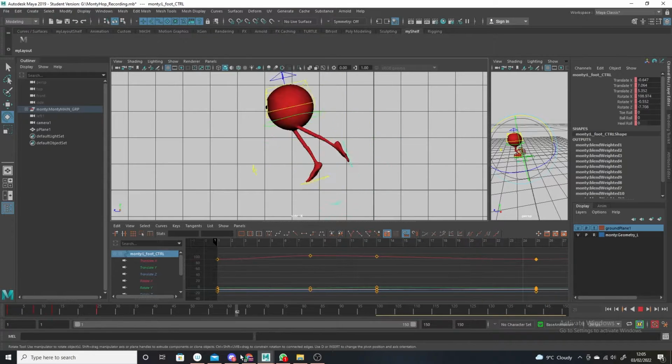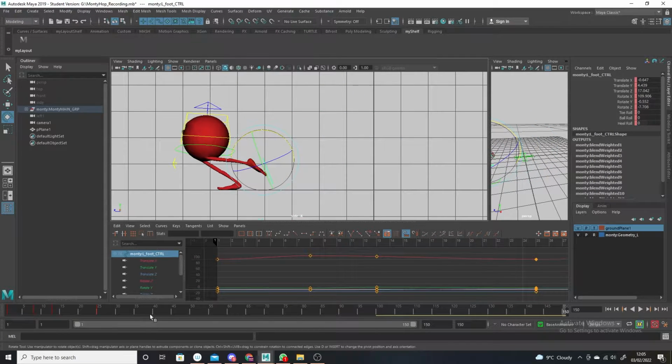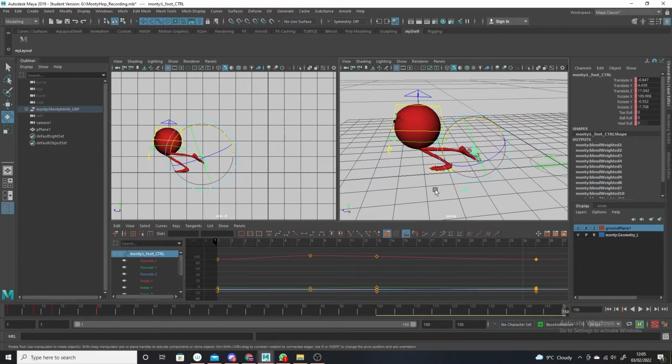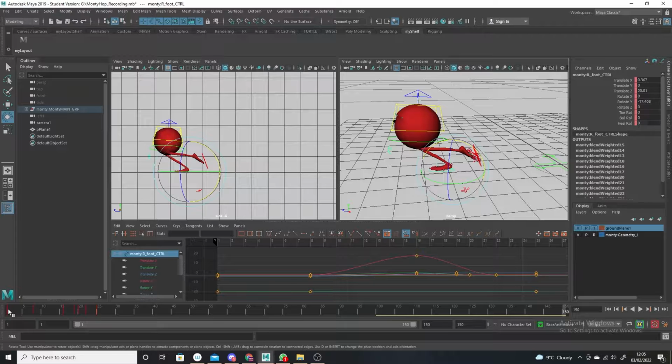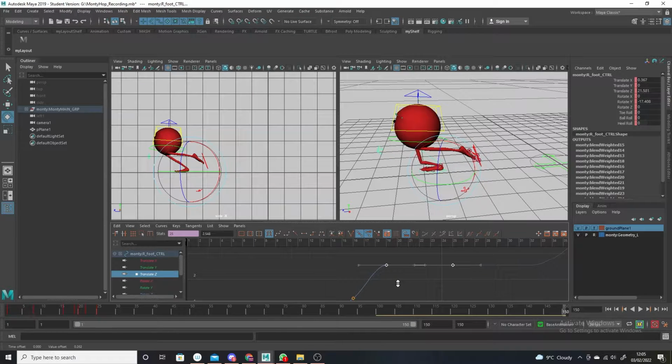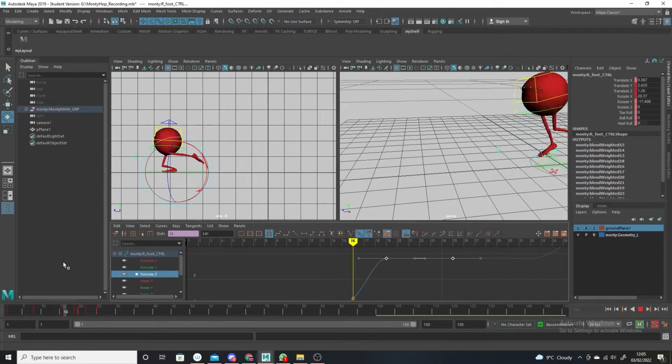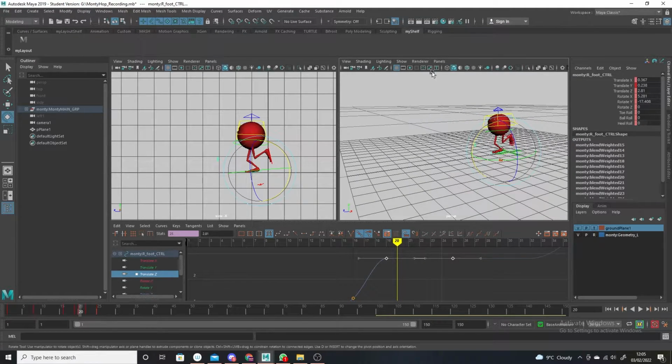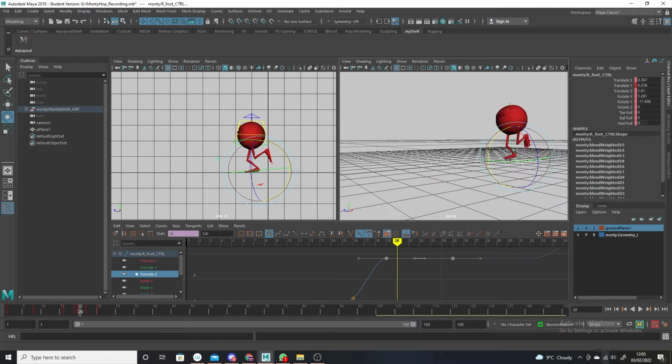A very easy way around this is just to go further along your cycle, where the foot's quite far back. I can select the foot first, and even though I'm at frame 150, I can go to the end of my repeated cycle and just move this so it's in the correct position. See, like this. And that will just get rid of that error that I have. So now if I look at him hopping,